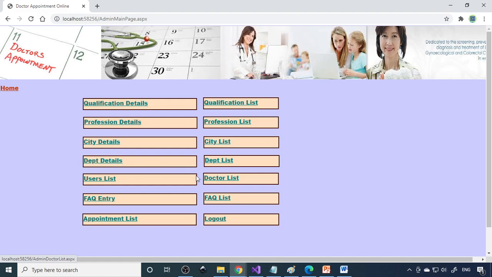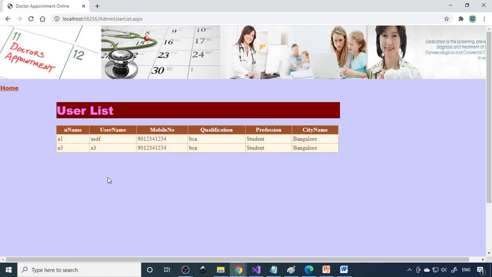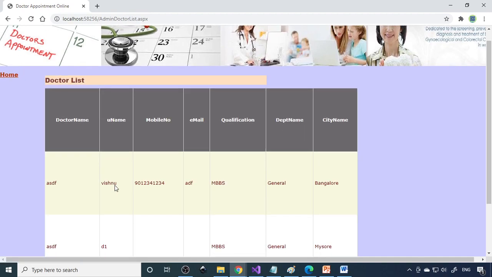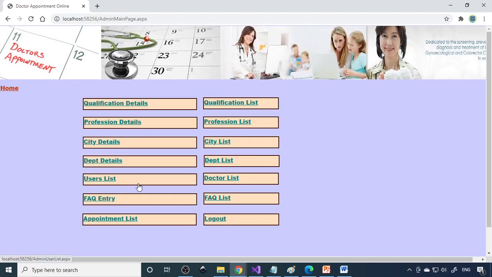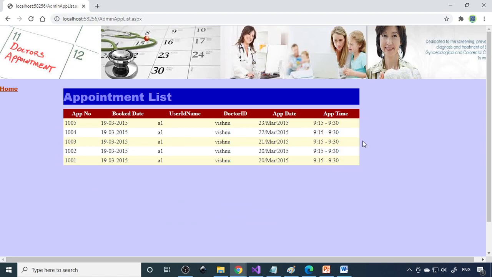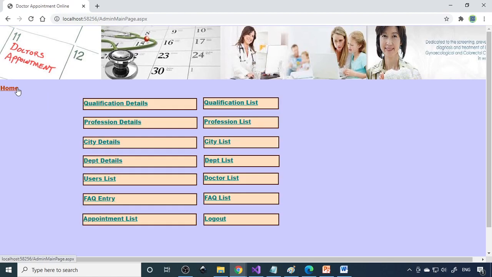Likewise, you can create any number of departments. Here is the user list. I have some users here, and the doctor list. Overall, when a doctor signs up, the doctor list is available over here. Next, FAQ, frequently asked questions, that list you can do. Then here is the appointment list. If somebody has taken an appointment, we can see it there.